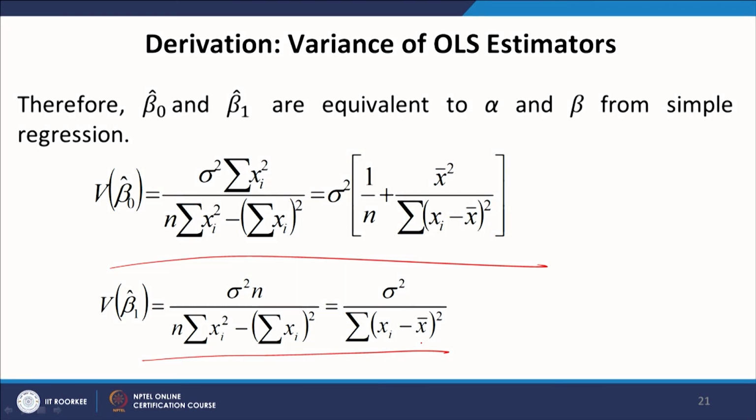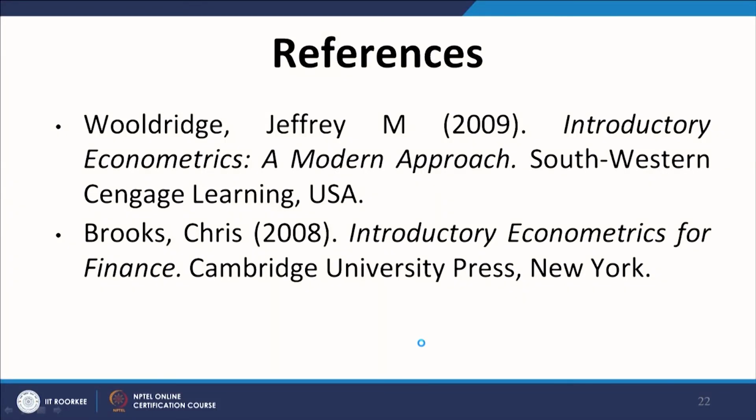So that brings me to the end of some discussion on the multiple linear regression model, and these are the books which you can follow for further understanding. In the next module we will continue with the derivation of some important theorems, along with the derivation of the unbiased estimator of the residual or the population variance. So we will be deriving the residual variance as an unbiased estimator of the population variance.